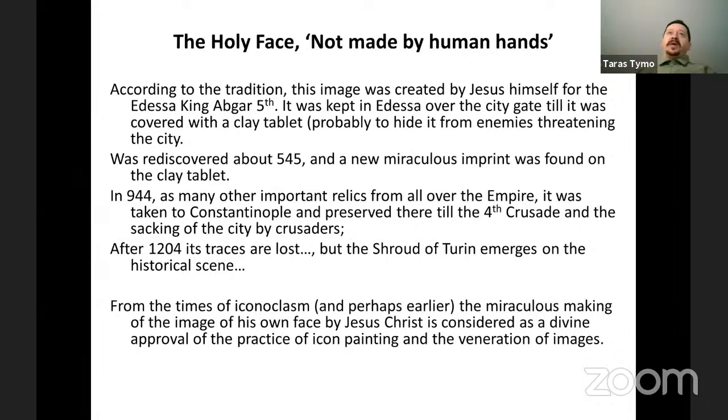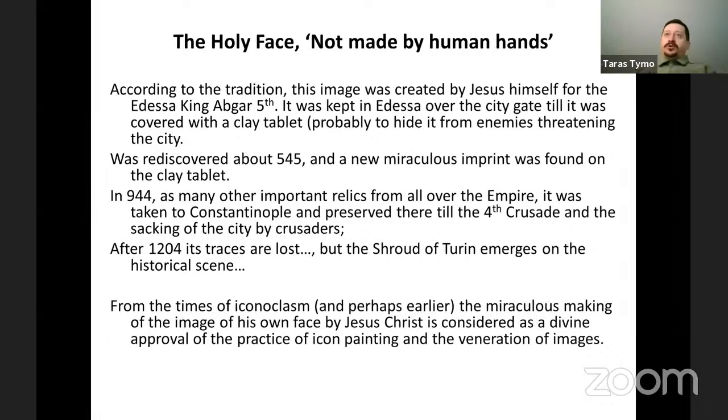And we know that it was placed in one of the churches in Constantinople and remained there till the sacking of the city by the Crusaders. And after 1204, there is no more mention about the image of Abgar anywhere in history. So either it was burned down, lost, buried somewhere, and lost till now. We don't know. But what we do know is that after 1204,